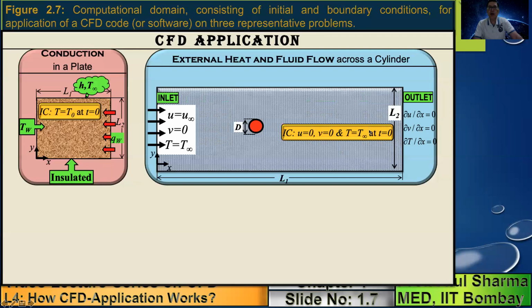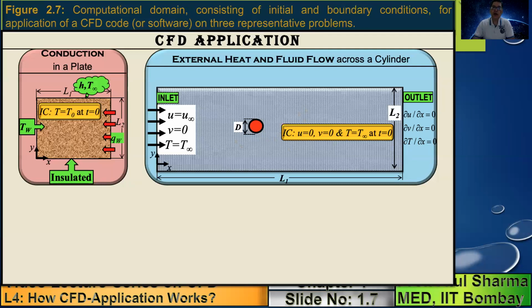We take the outlet boundary sufficiently far away from the body. Like if you're considering a flow across a car, it's extremely important to judiciously decide the position of the outlet boundary. Note that in fluid mechanics, the fluid enters from what is called the inlet boundary, and it leaves from here, which is called the outlet boundary. At the outlet boundary, typically we use the fully developed flow boundary conditions.